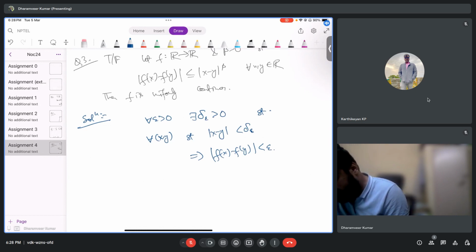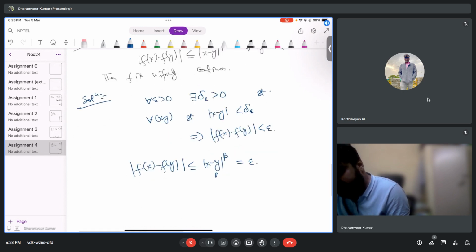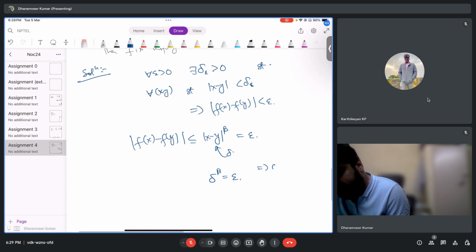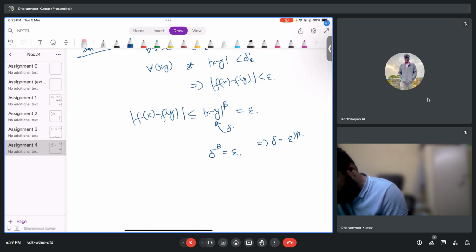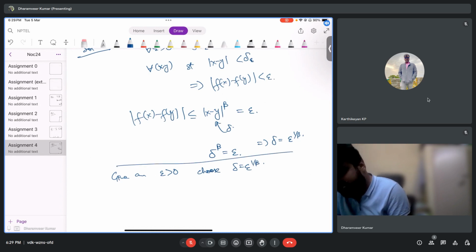All I need to do is f(x) minus f(y). If this is delta and this has to be epsilon, all I need to do is solve for delta, so delta is equal to epsilon over 1 over beta. So if you give me an epsilon greater than 0, choose delta equal to epsilon over beta. So you reverse engineer it. That implies, since beta is greater than 0, this implies,